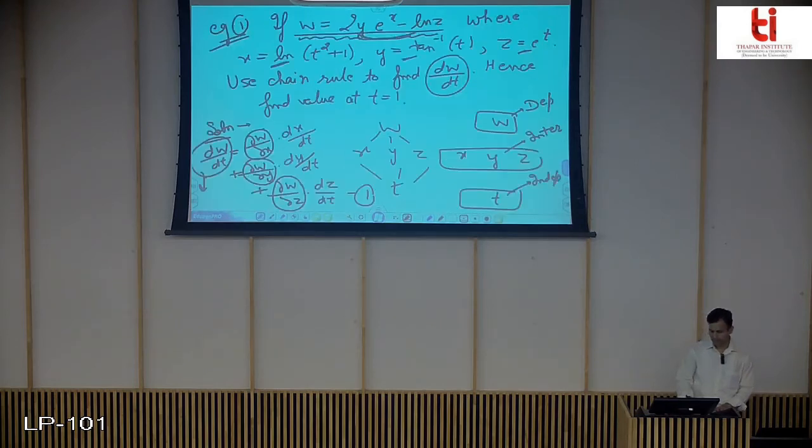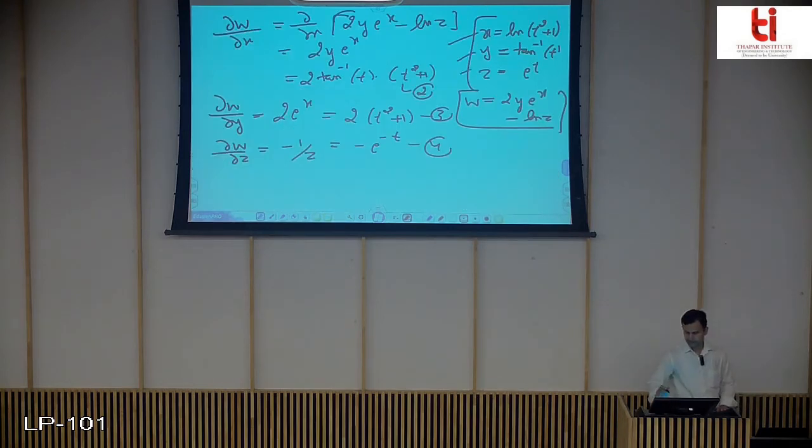Again, what is left that we have to find now is derivative of x with respect to t, an ordinary derivative because x, y, z depend upon a single variable t. Derivative of y with respect to t, derivative of z with respect to t. So here x, y, z are here. So let me find dx by dt. Dx by dt is the derivative of ln(t square plus 1), so 2t over t square plus 1. So this is 5.